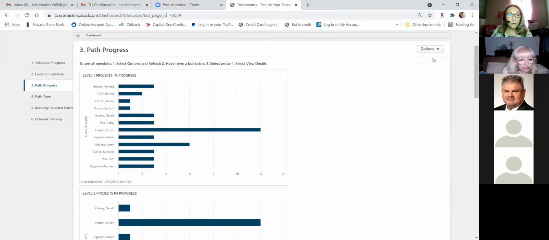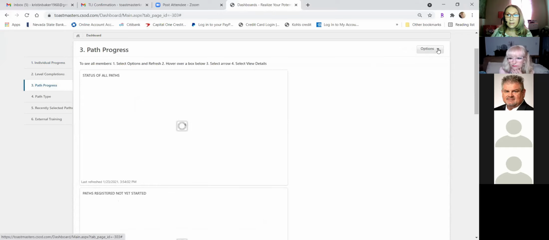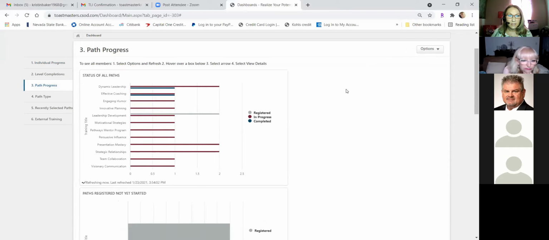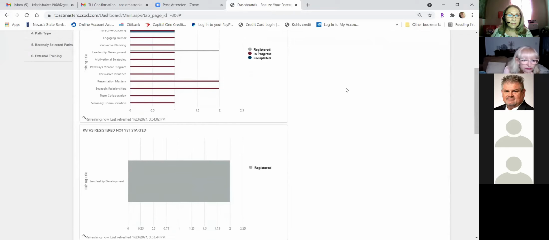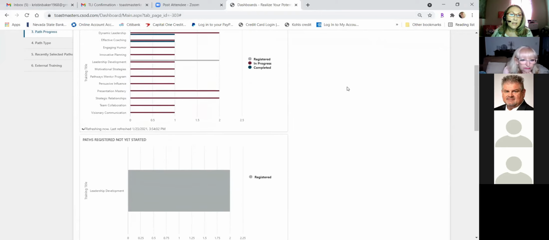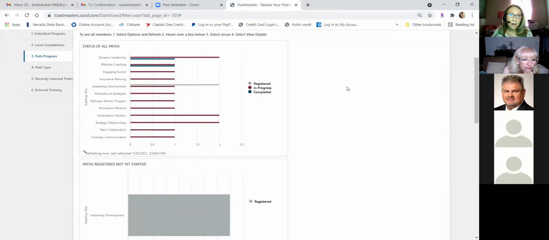No matter what you go into in the dashboard, you need to go over to the right in the options and click refresh. Sometimes this takes a little while to refresh, but this will give you all the information about what's going on